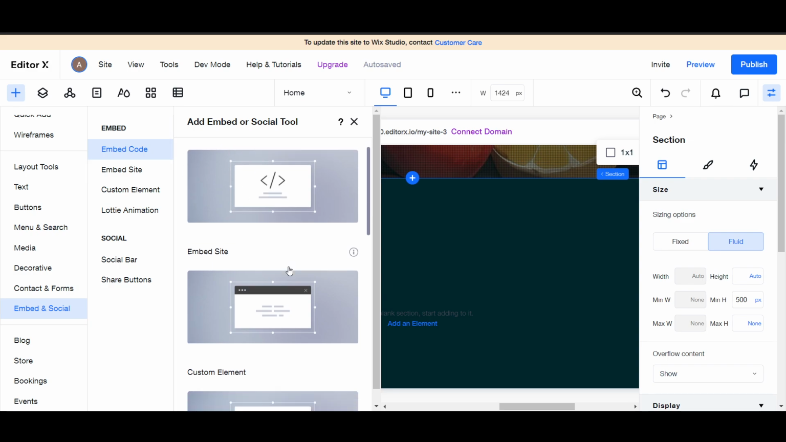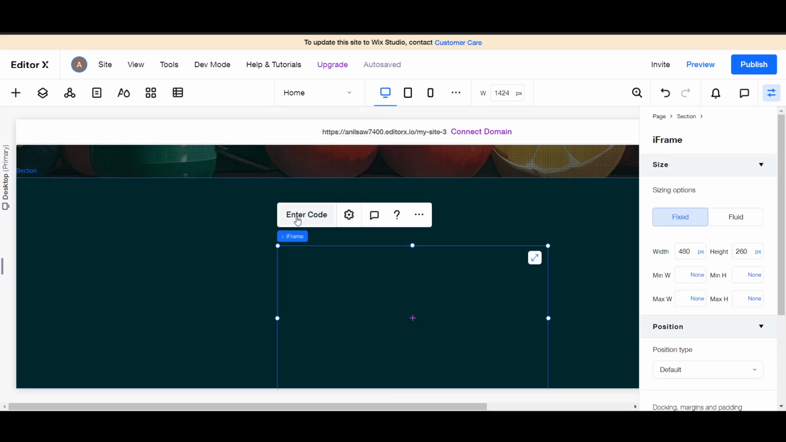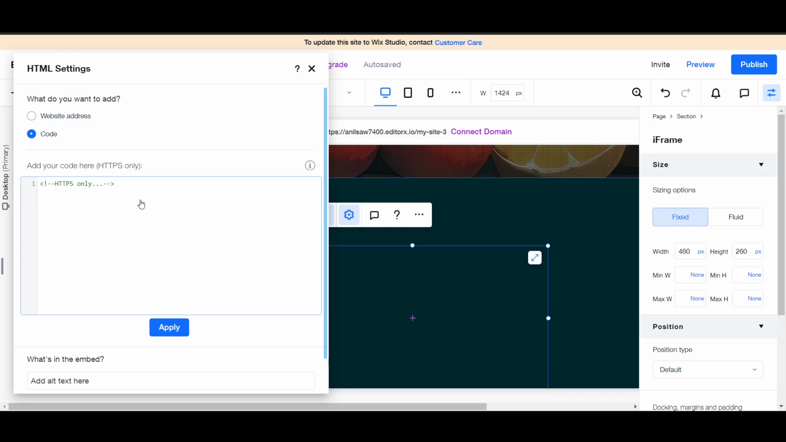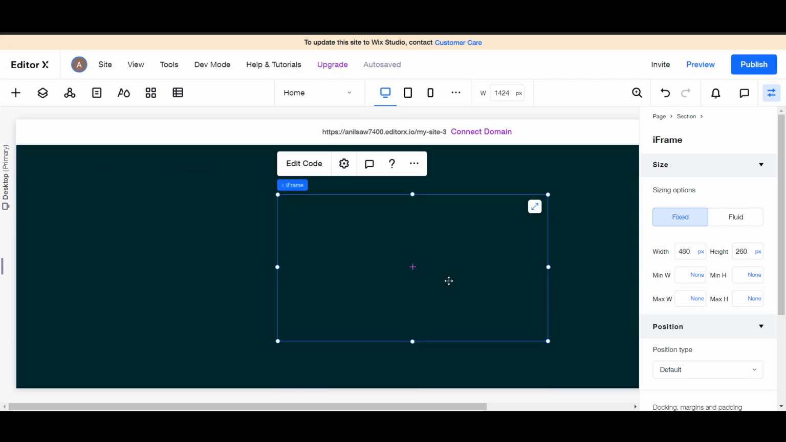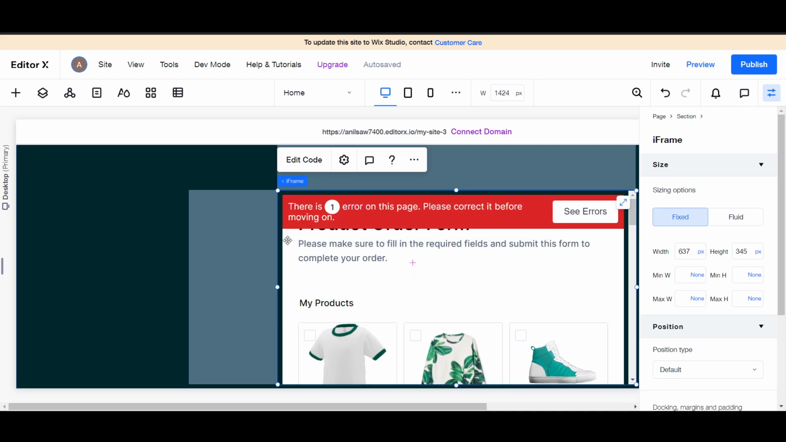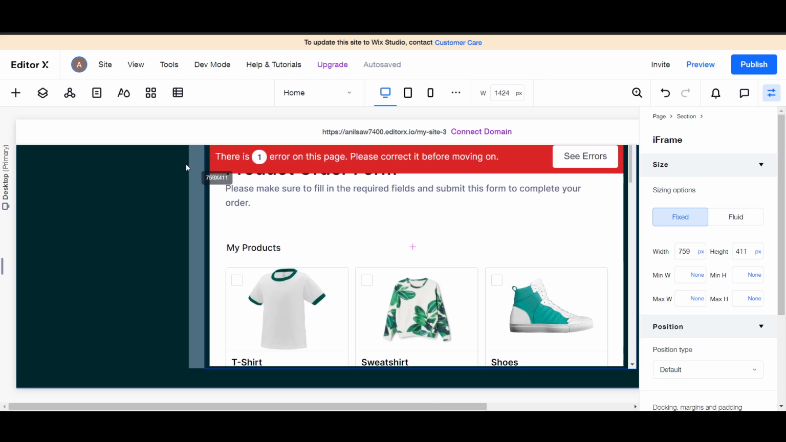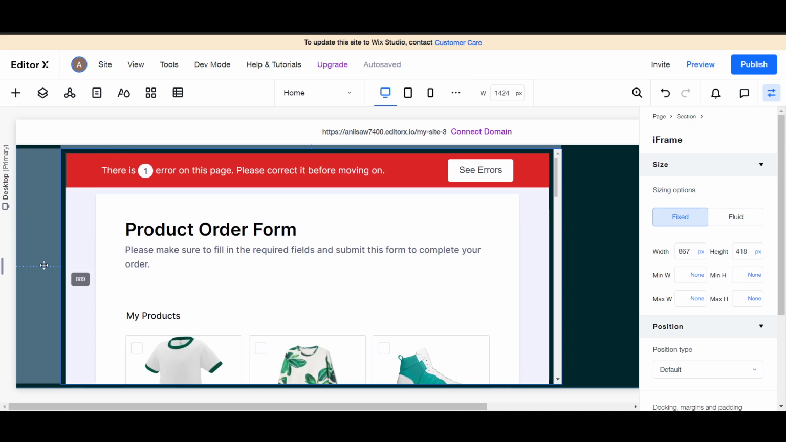Let's say I just want a normal one, so I will click here. Now I will click on enter code and paste this in. Now click on update. Once you click on update here, it will take a little bit of time to load, and as you can see, it has been loaded. Now I will zoom into this section, so I can customize how I want, right? I can move it here, and let's make it a little bit